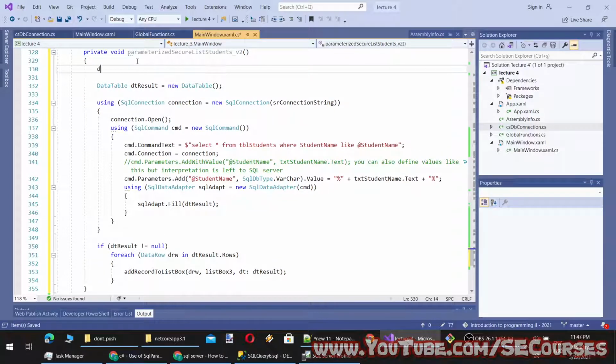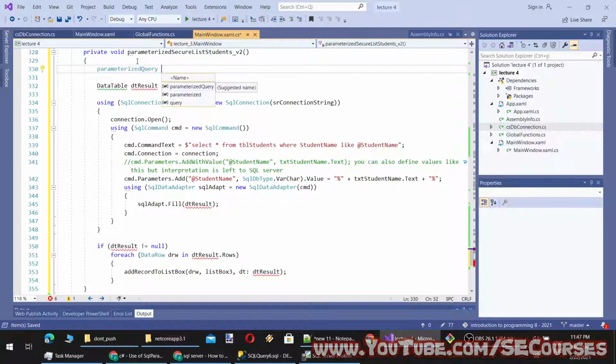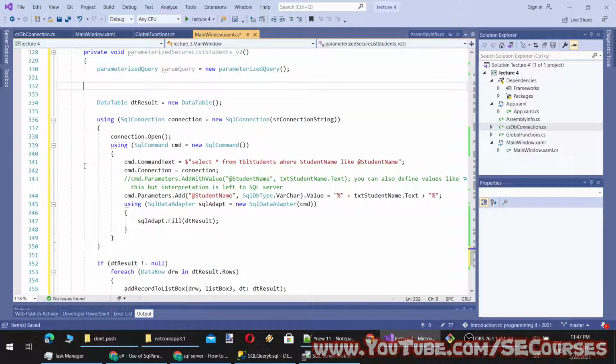So we will compose an instance of parameterized query, param query equal to new param query. And how many parameters do we have? We have only one parameter, so param query, and the query will be here.